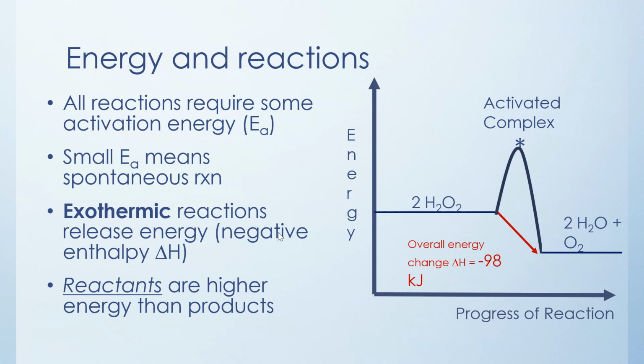In the reverse, therefore, it would be endothermic. So if we wanted to make water and oxygen become peroxide, because these chemicals are of lower energy than that, we have to overall put energy in. And thus, it would take 98 kilojoules to get up there, and there would be a larger activation energy than going from peroxide back to water and oxygen to get to this activated complex, this midway point between